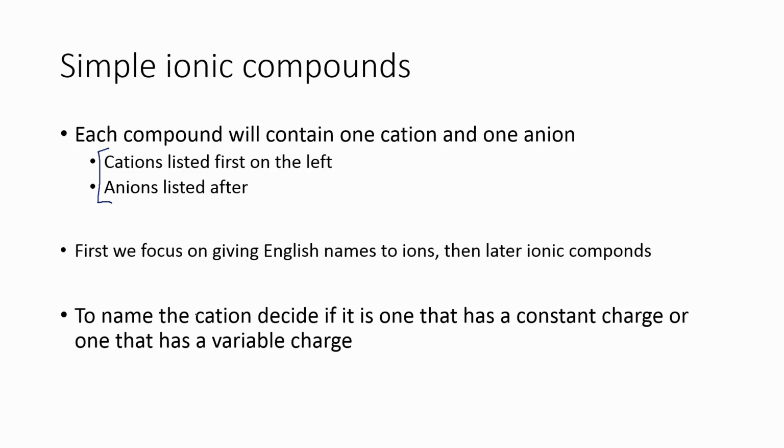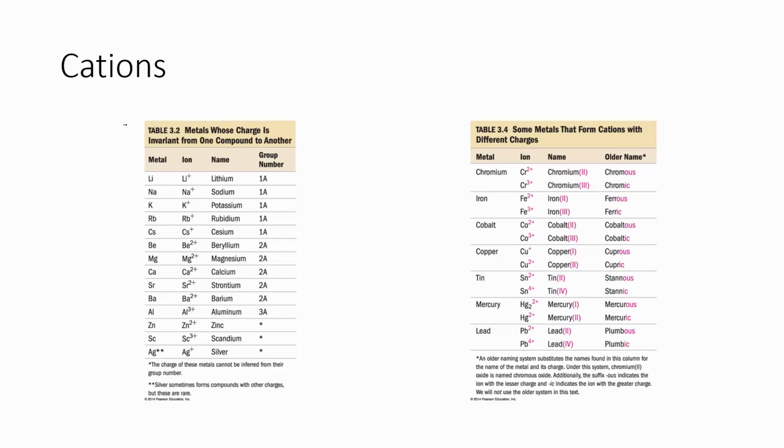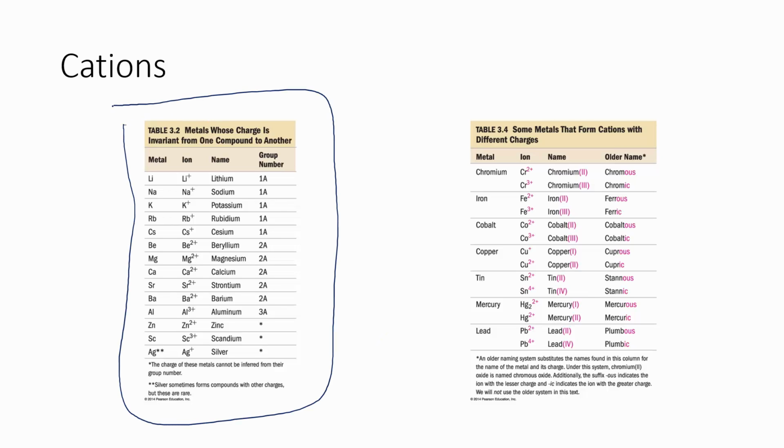So the first thing we have to do with that for cations is decide if we're looking at a constant charge or a variable charge cation. For constant charge cations, we have most of the non-transition metal cations plus 3 that are actually transition metal cations. And these you can just either memorize or look at basically by where they are on the periodic table. And on the second table that you memorize, there is an additional set of variable charged ions that are